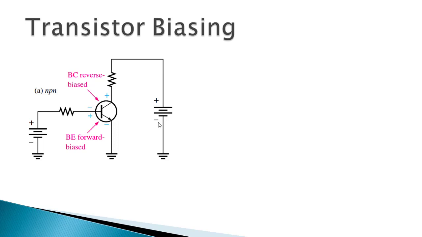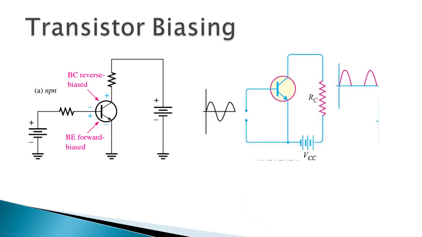For an amplifier means the amplifier amplifies a weak signal. So for an amplifier, if we give an AC signal in the transistor input side, the AC input consists of both positive and negative half cycles. So during positive half cycle, the base emitter junction is forward biased, so it will conduct, so the output has positive half cycle. During negative half cycle, the base emitter junction is reverse biased, the transistor will not operate, so the reverse bias is cut off. The output has only positive cycle only.